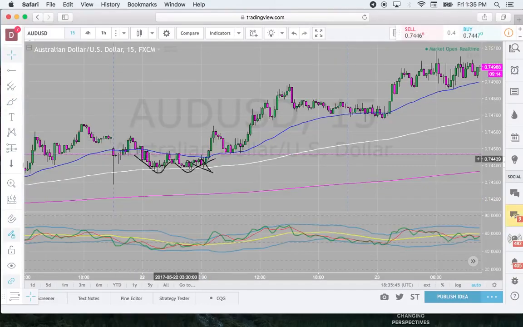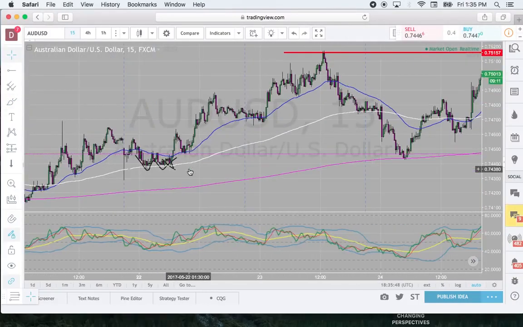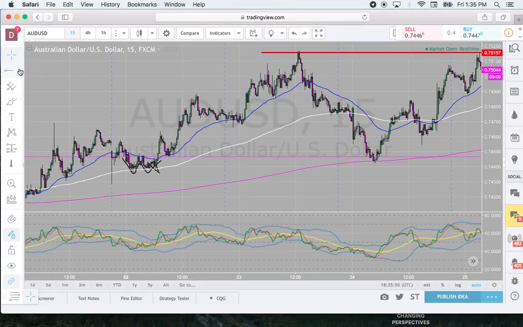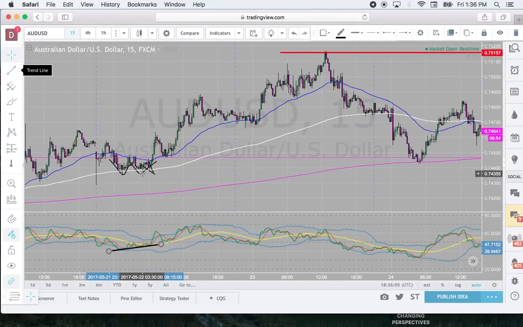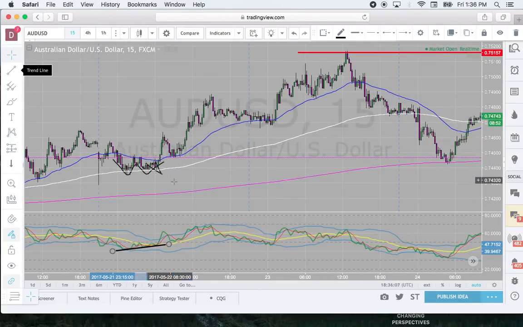And if we're using TDI, we can also see there was some divergence. And the divergence basically helps us understand when price is lying to us. Like, there will be some times where price looks like it's going down, but yet on the TDI, the indicator says it's going up. So it's helpful to see when price is lying to us